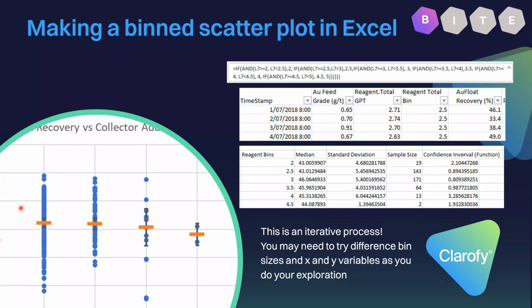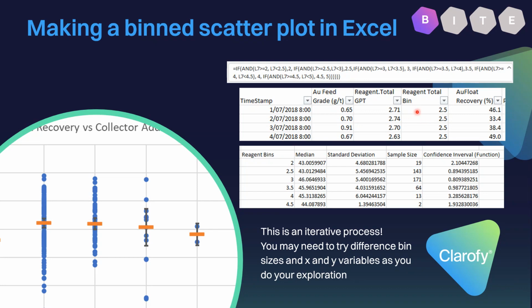Okay, so here are the general rules about how to do a bin scatter on Excel. You end up with something like this. You'll receive your data, and it will most likely look something like this. You'll have your variable of interest that you're going to bin, and all you have to do is create a new column, call it whatever your variable is and bin, or label your columns so that you know what they are.